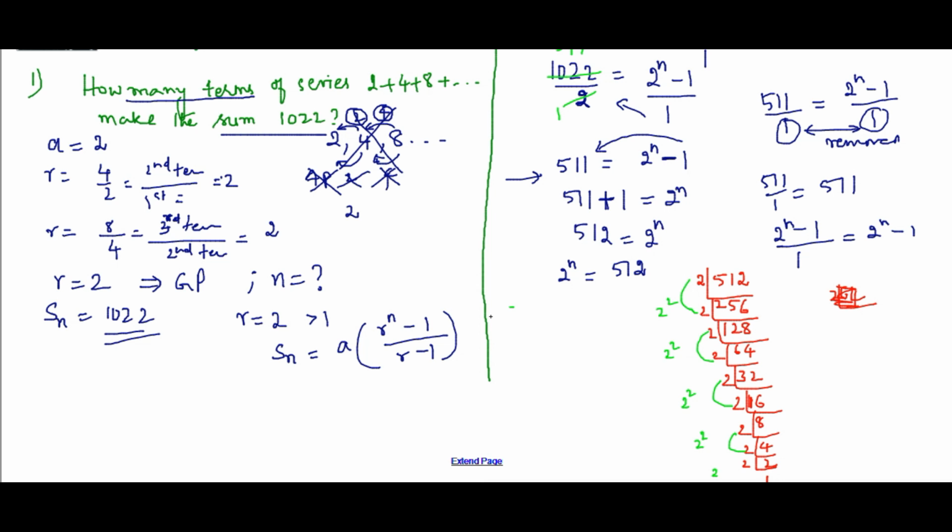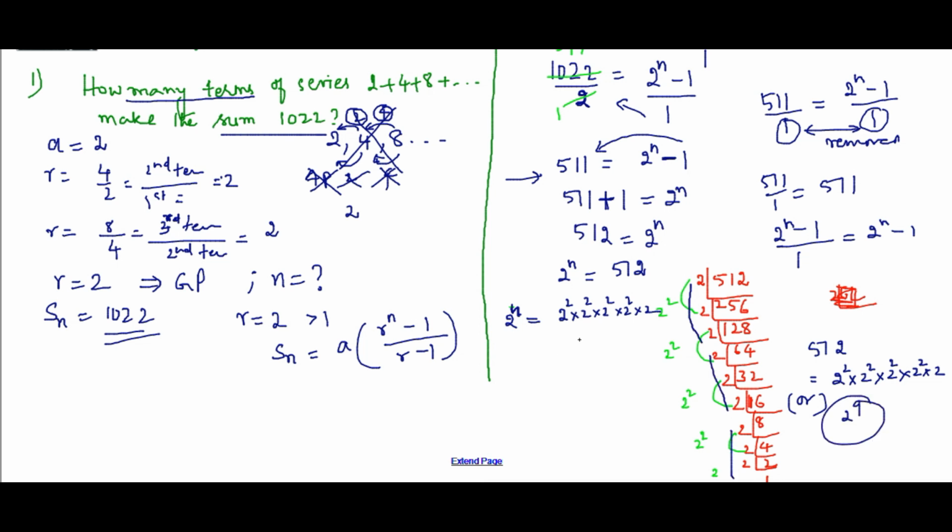Total how much? Can I rewrite this as 2 power n is equal to, this 2 power n as it is, 512 can be written as 2 square into 2 square into 2 square into 2 square into 2. Or you can solve it here and then come back, your wish. Or if you are comfortable directly counting it, 1 2 3 4 5 6 7 8 9. 2 power 9 is the direct value. You can write like that also. Whichever method you are comfortable with, you can do it. So I'll write this as 2 power 9.